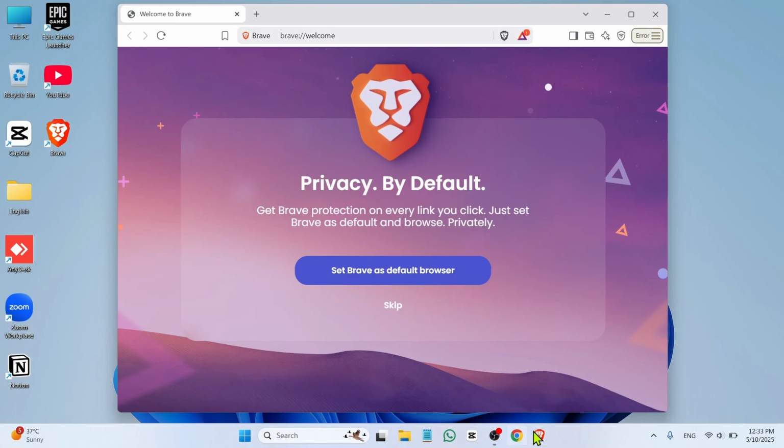You can also pin Brave browser on your taskbar. Just right click on Brave icon. Now click on pin to taskbar. In this way, you can install Brave browser on your Windows